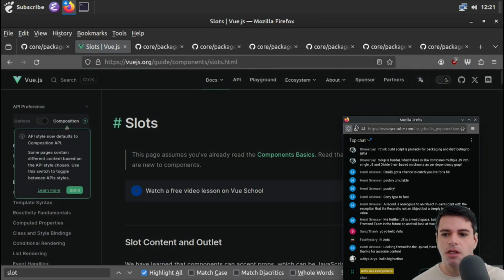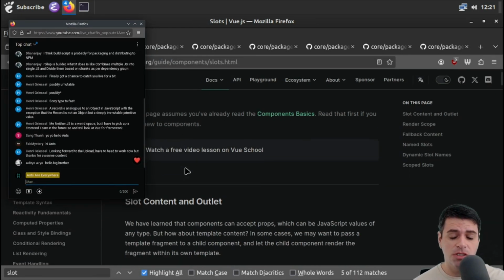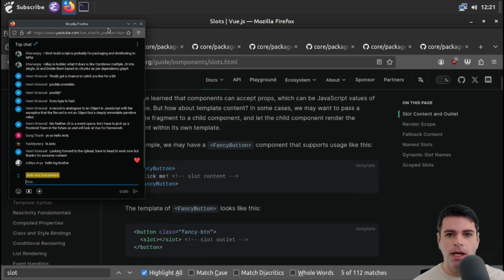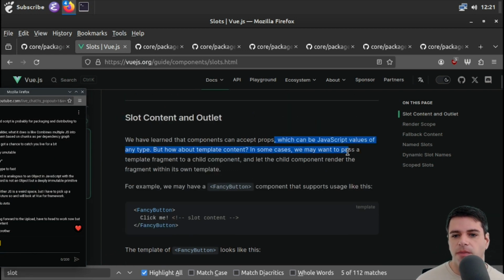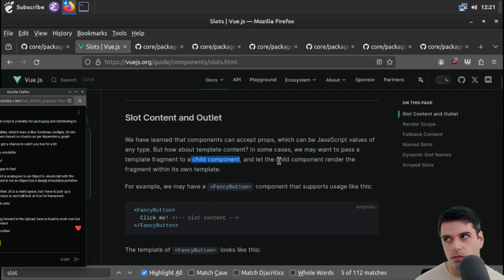Slots. It assumes I have read the component basics. You shouldn't assume such things. All right. We have learned that components can accept props, which can be JavaScript values of any type. But how about template content? In some cases, we may want to pass a template fragment to a child component and let the child component render the fragment within its own template. Okay, so I guess instead of pre-rendering everything, we might want to give the template fragment unrendered to a child, to something that we depend on, I guess, as opposed to something that depends on us, and let the child